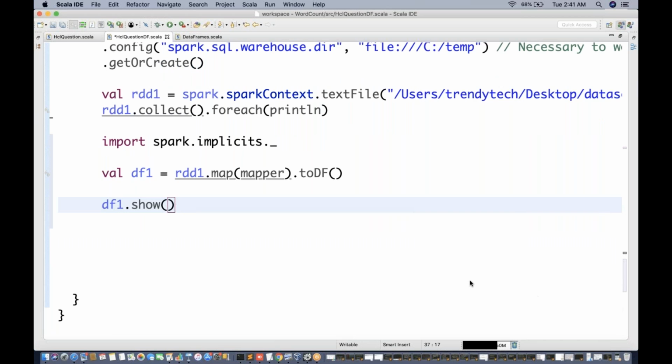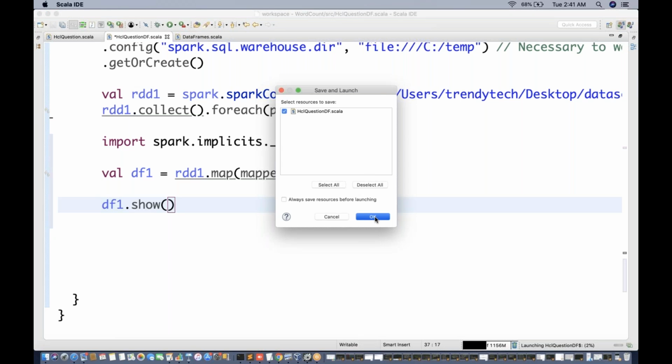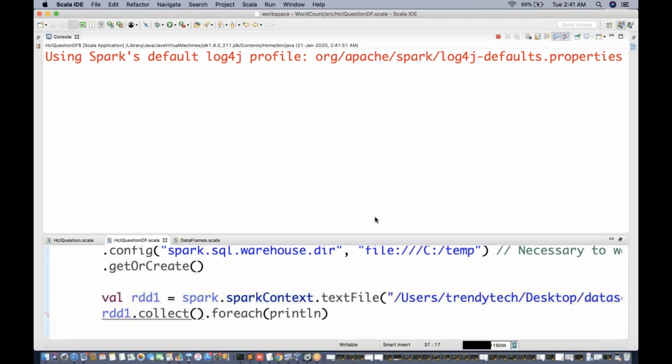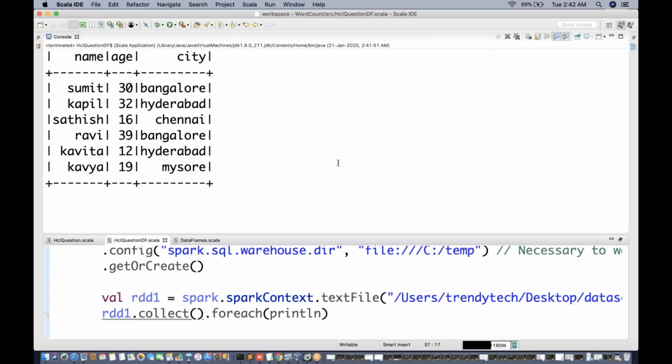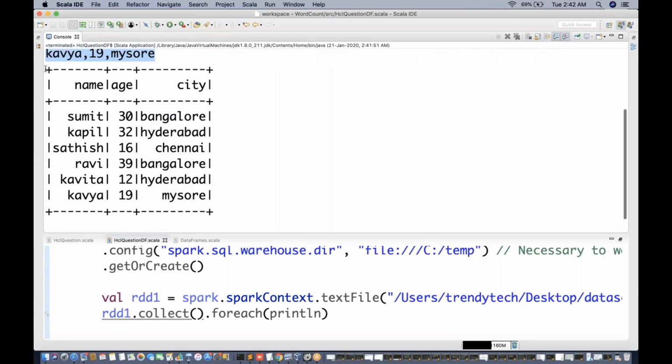Run as Scala application. So you can see that out of this raw data, earlier the data was this, but now we get structured data, a data frame.